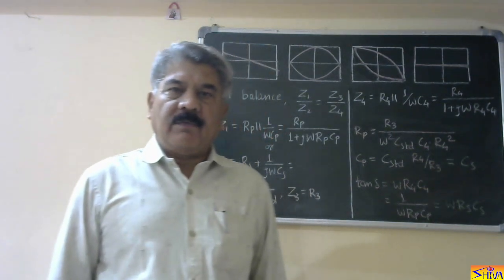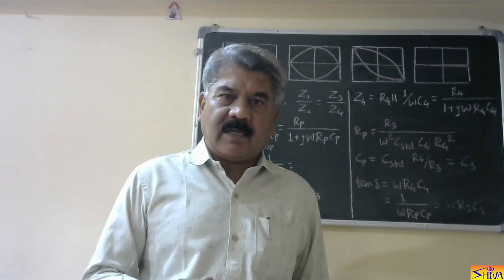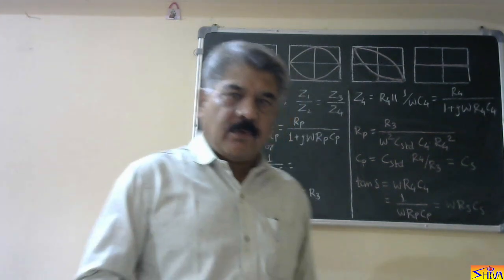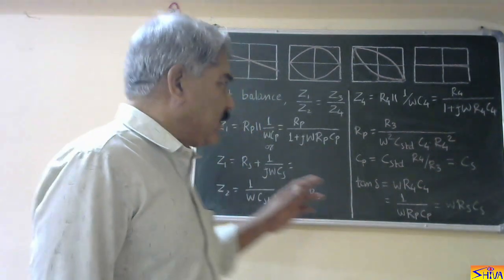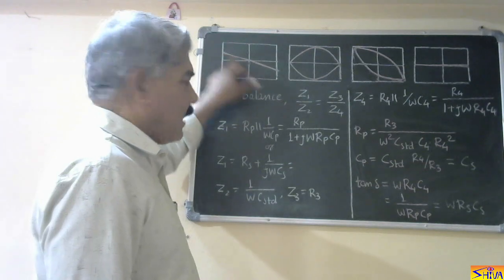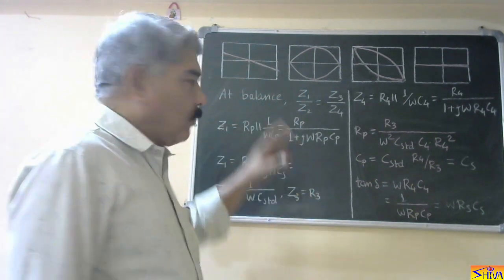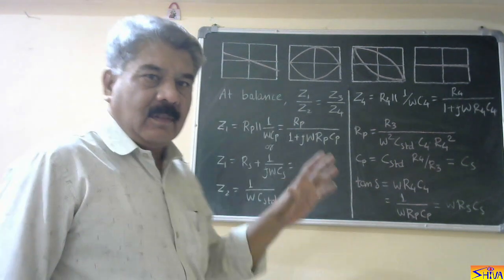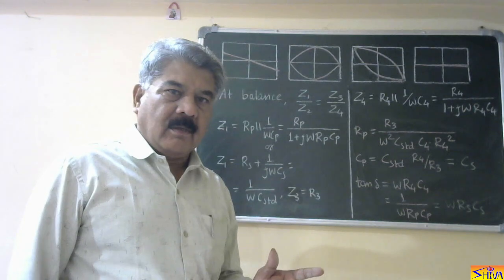So when we apply the voltage without adjusting the value of R3 and C3, there are four possibilities we are getting as Lissajous figures on the screen of the CRO. First, we get just an inclined line. Now when we get an inclined line, this represents that phase angle is balanced,